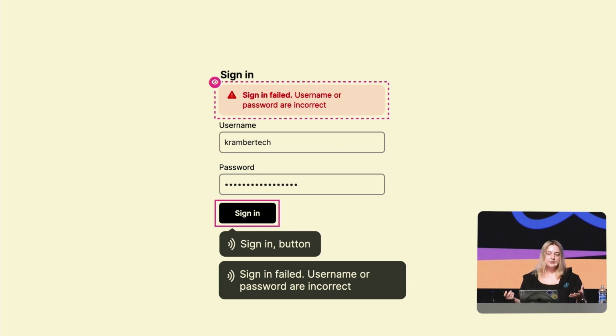So when talking about notifications, we learned about live regions and live roles like status and alert that help us notify users about important updates. However, when using these features, it's important to be cautious, because if overused, they can also create a really distracting and frustrating experience for the users. And this is the last example that I wanted to cover.